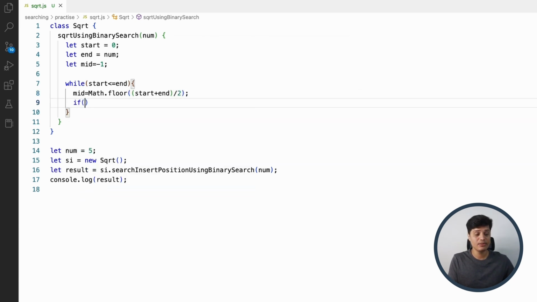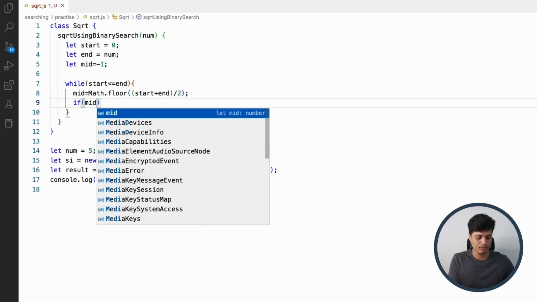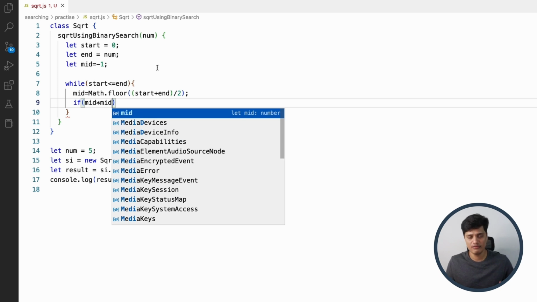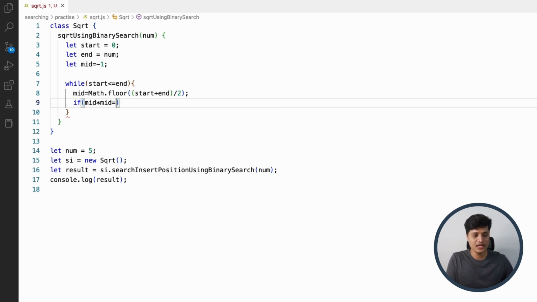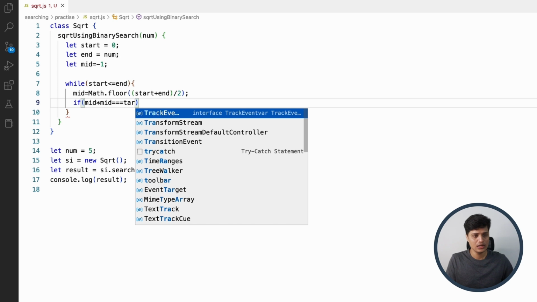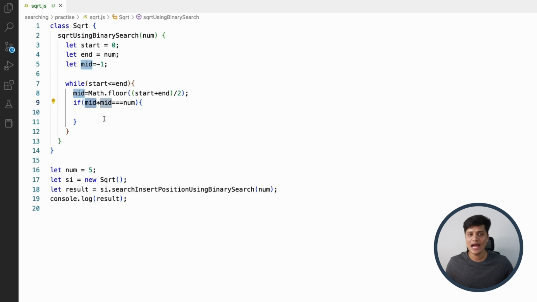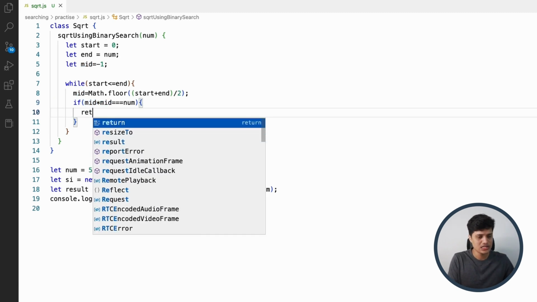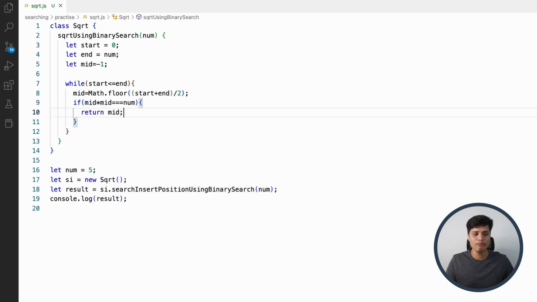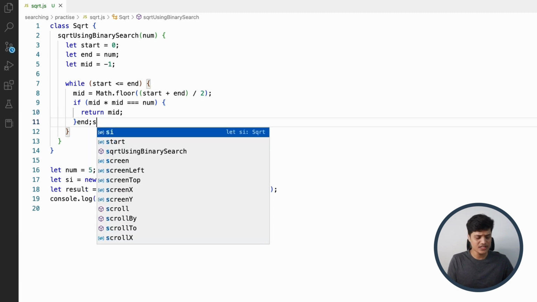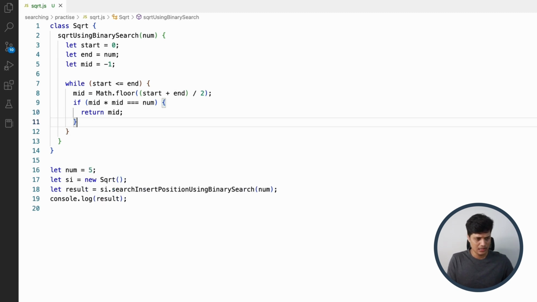Once we get this middle, if the middle square, which is nothing but middle into middle, is equal to whatever the number that we have got, in this case the square of the middle is actually giving us the number. That means this middle itself is the square root of this number, right? So here we will simply return middle itself. If this is not the case,